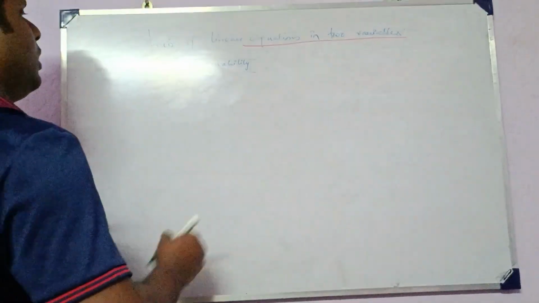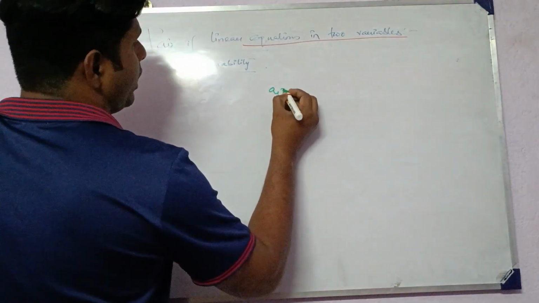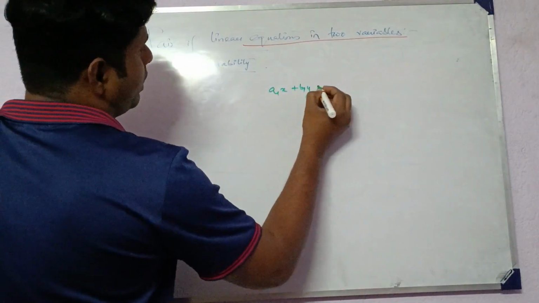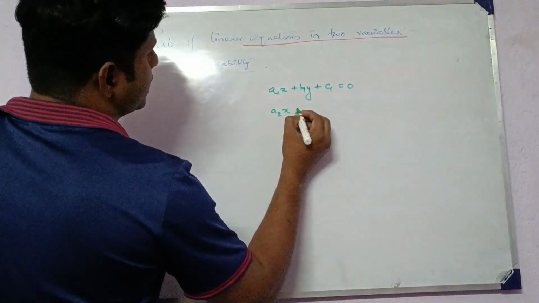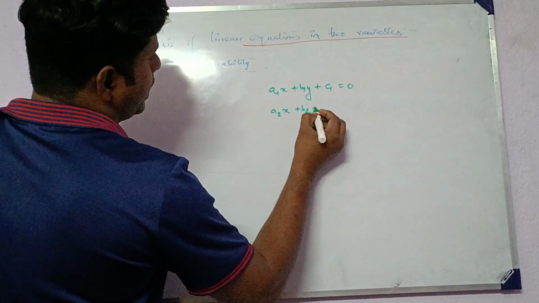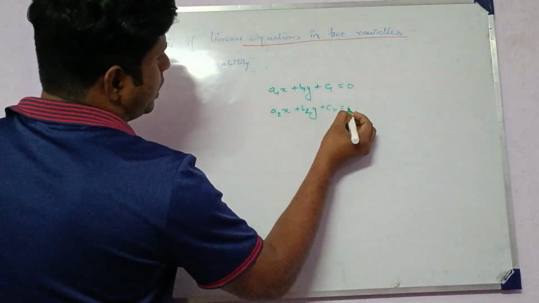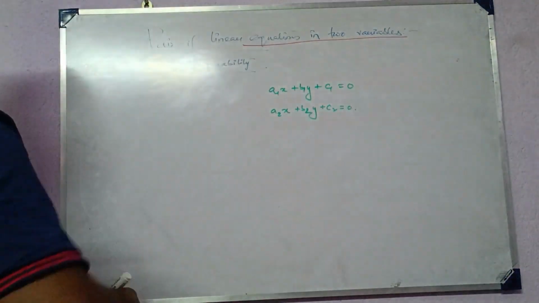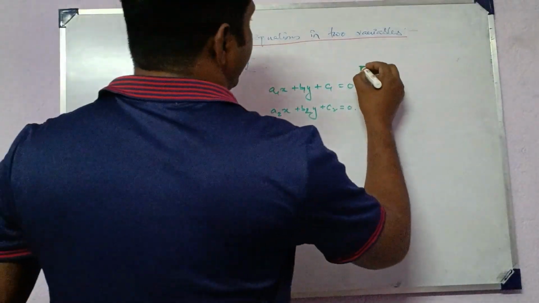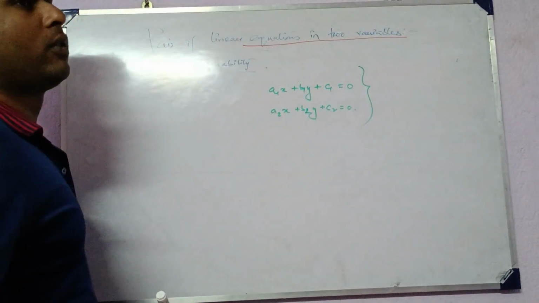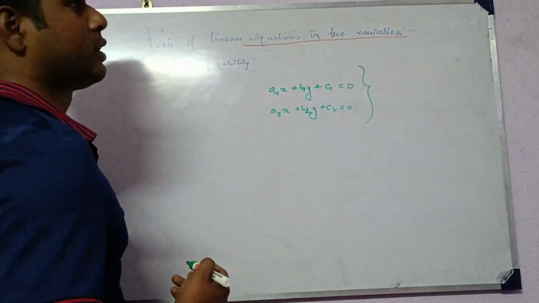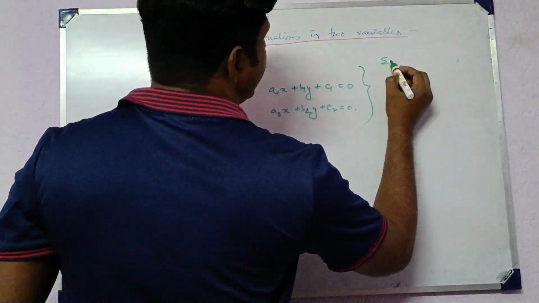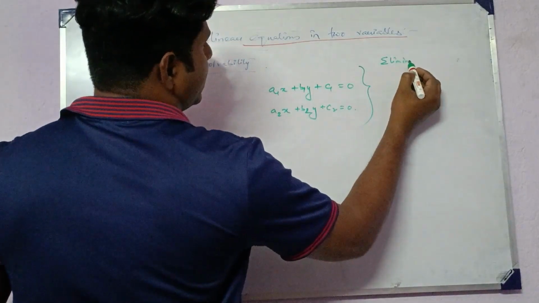So there are two equations, a1x plus b1y plus c1 equals to 0 and a2x plus b2y plus c2 equals to 0. এইবারে এই ইকুয়েশন দুটোকে সলভ করার জন্য you have four processes, four methods. One is elimination,